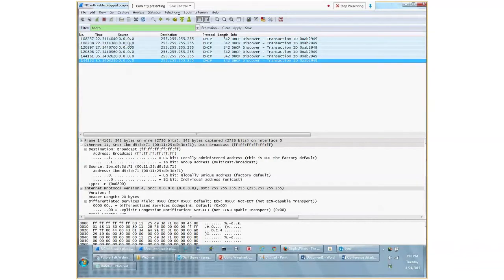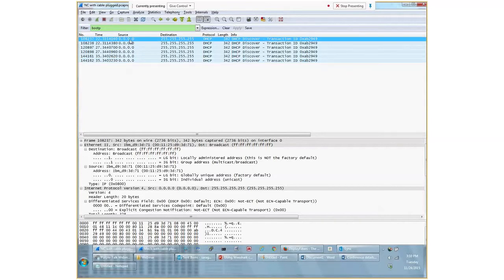And what you would notice here is that at this time, which is 108.237, there is a DHCP packet. This is actually a discover packet, which is the first packet sent by the client. Another way to check this is, within a particular time, a client sends about 4 or 5 discover packets to get an IP address, and if it doesn't receive one, it configures something called an APIPA address, or an auto configuration address.